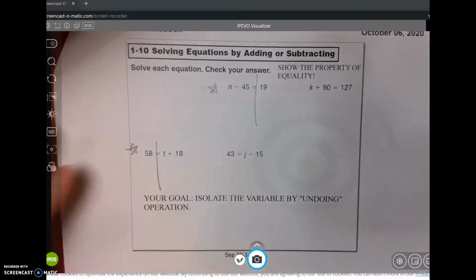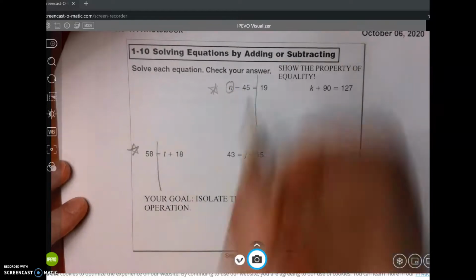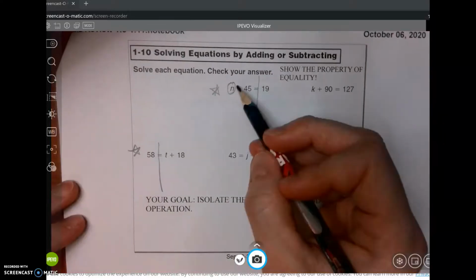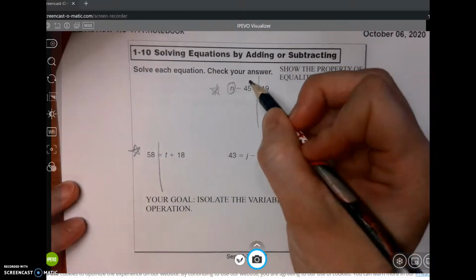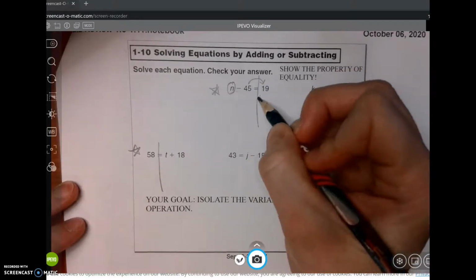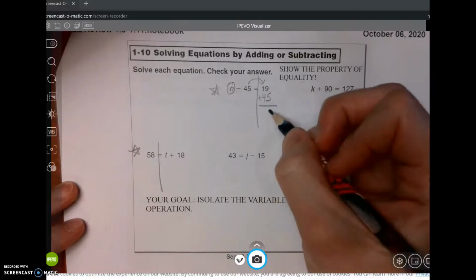First thing we did was write a line where the equal sign is, and my goal is to isolate or get the variable alone. So there's n. I want to get it alone by doing the inverse of minus 45. I want to get that away from the variable and do the inverse of minus 45 and add 45. 19 plus 45